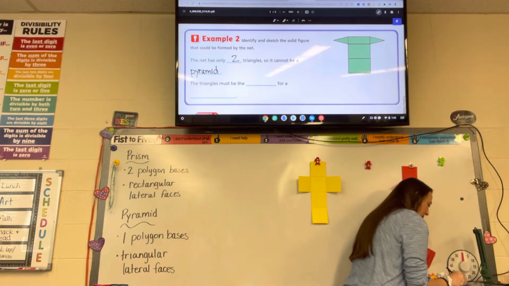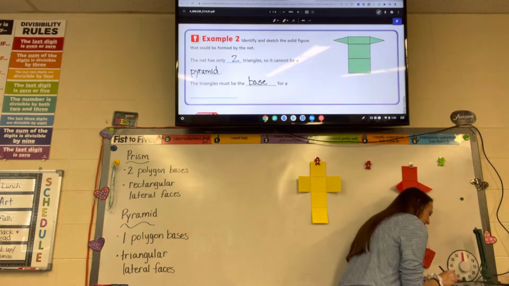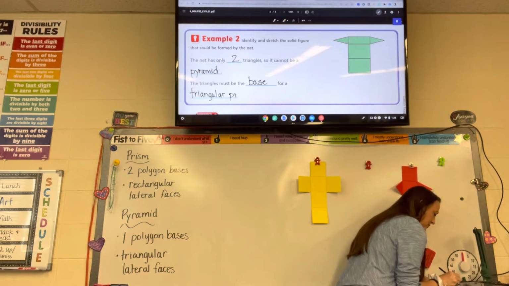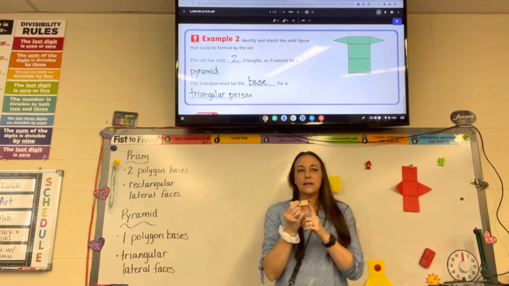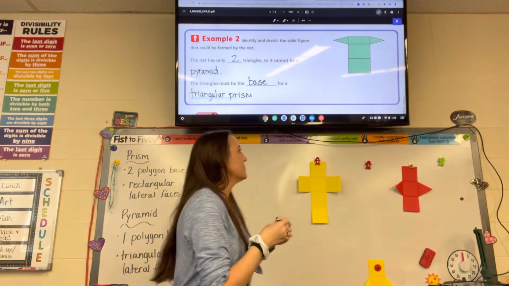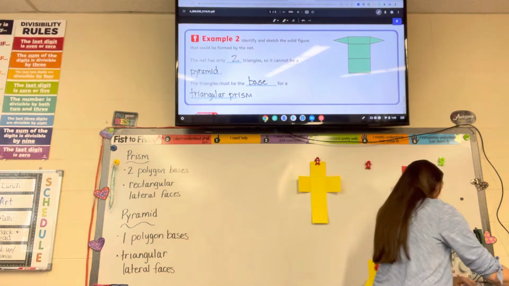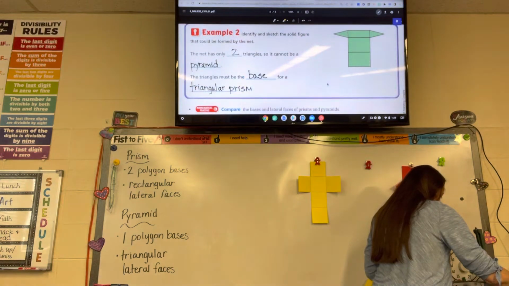The base, for a, what shape? Triangular prism. That's what that net is for. The triangles have to be the bases, since there's only 2 of them, and this is a triangular prism. Okay, now we have to